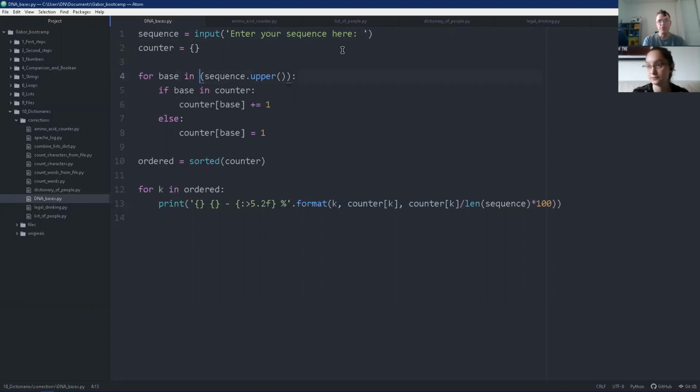So it would go over the characters anyway. Yeah, because it's a string, it goes over the characters. The only thing that I wanted to pay attention to was that everything is in uppercase, so it wouldn't distinguish between small a's and big A's. And then same counter as before. If it's already in the dictionary, then add to it. And then the interesting part here was the formatting of